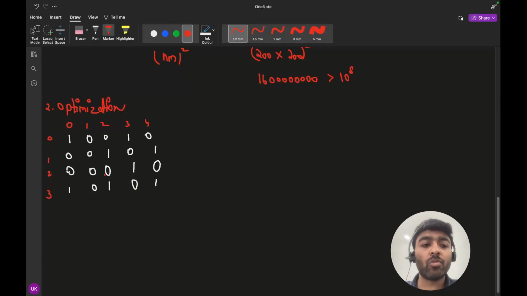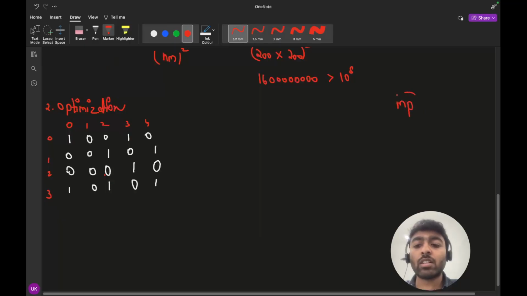I will traverse this row by row. So when I go to this row, I will find out the pairs of columns which have 1. So only one pair we are getting here, index 0 and index 3. So we will check in our map whether there were any previous pairs with this 0 and 3 index. Okay, so there was nothing. So I will just put this 0 and 3. So let's put it like 0 underscore 3. I will convert this into a string and put it like this,